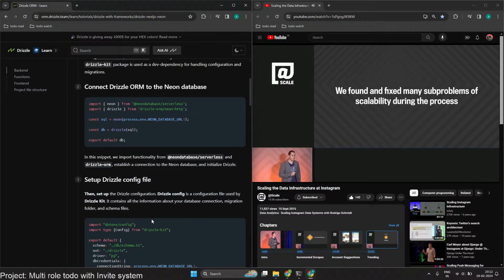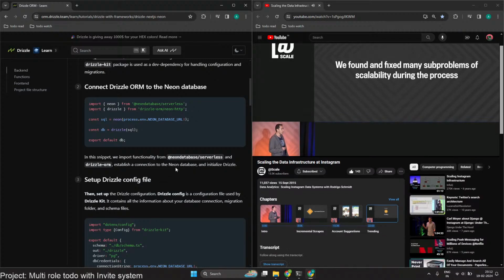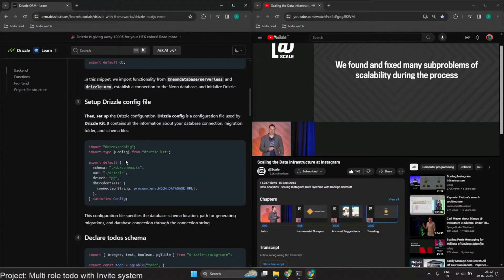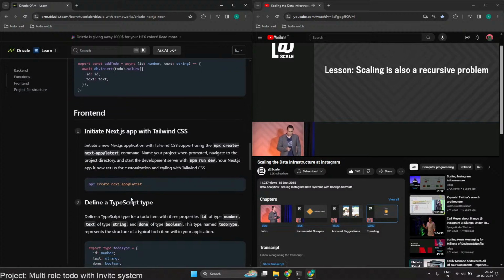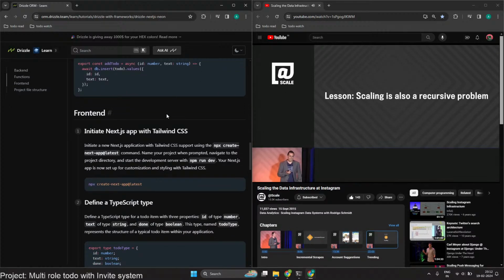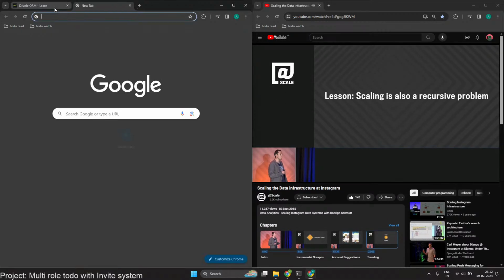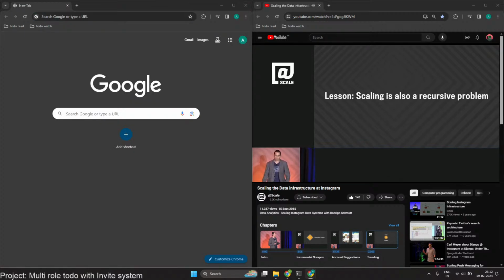And one interesting thing is that in each one of those steps, including the last one, the caching and storing it in the database, we found and fixed many scalability sub-problems. Scaling the parser was a problem. Scaling the scorer was a problem. Scaling the caching system was another problem. And we had to solve all of them as we were implementing this new architecture, which gets me to the lesson that we learned with that: scaling is not only an iterative process, but it's also a recursive problem, because sometimes you have to scale the subsystem of the bigger system that you're building.